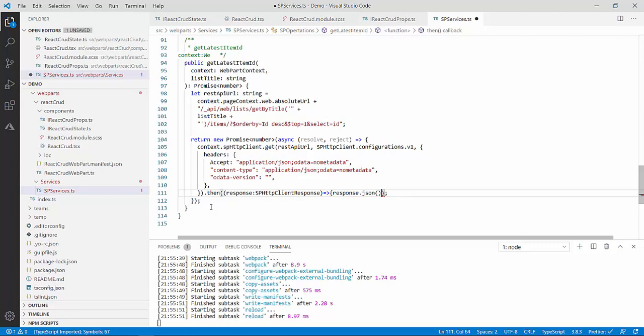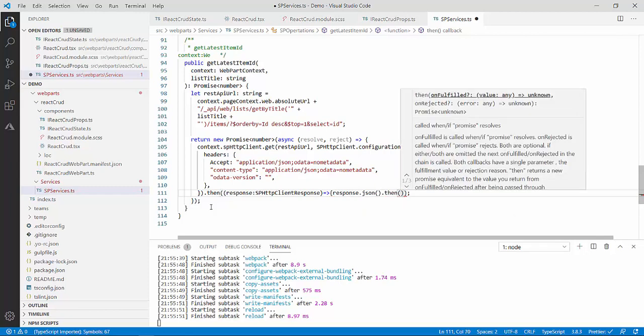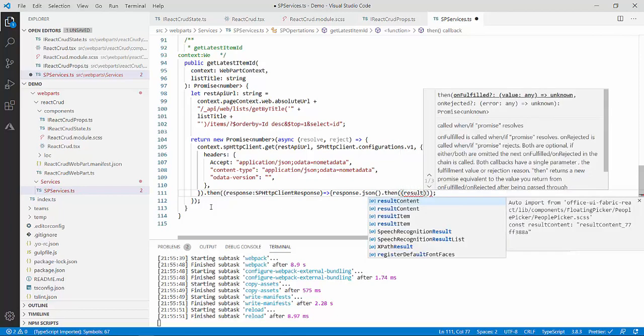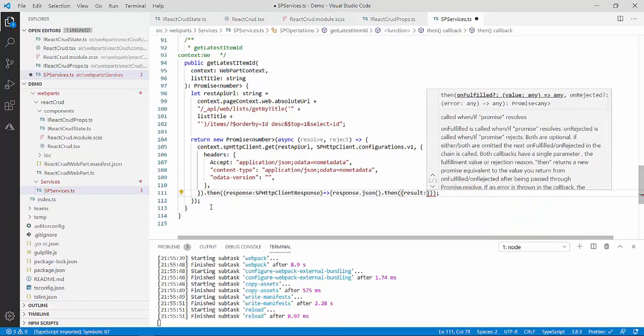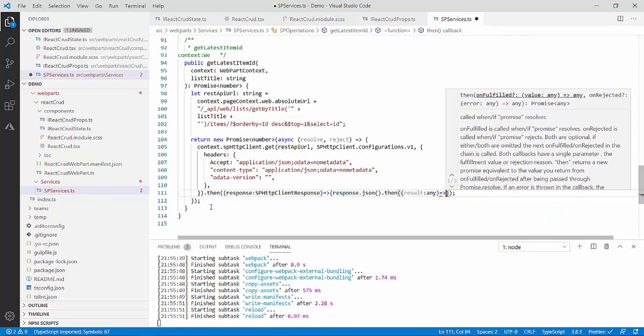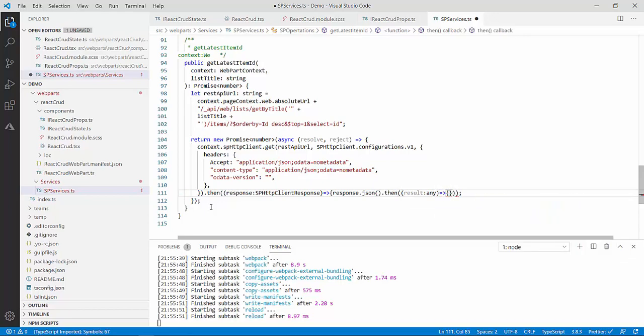Okay, first of all I think I made a mistake. Yeah, this is response.json. Now I will go to then, because these are all asynchronous methods, so we are handling all the asynchronous calls using then. Now inside then I will get my result. Now the result will be of type, you can see this time, if you are ever confused about the return type, just declare it as any, it will not give you any trouble. And now this is also done.